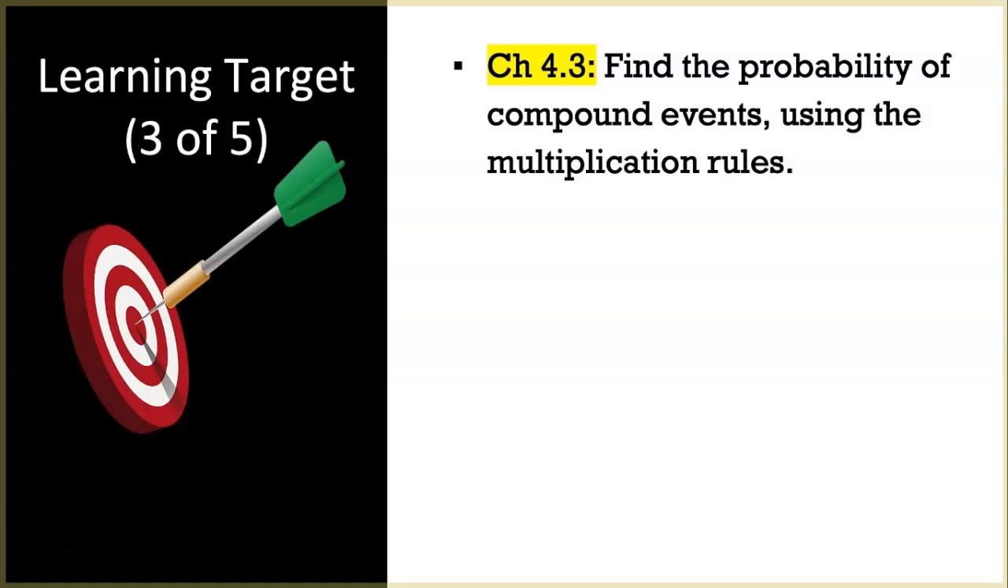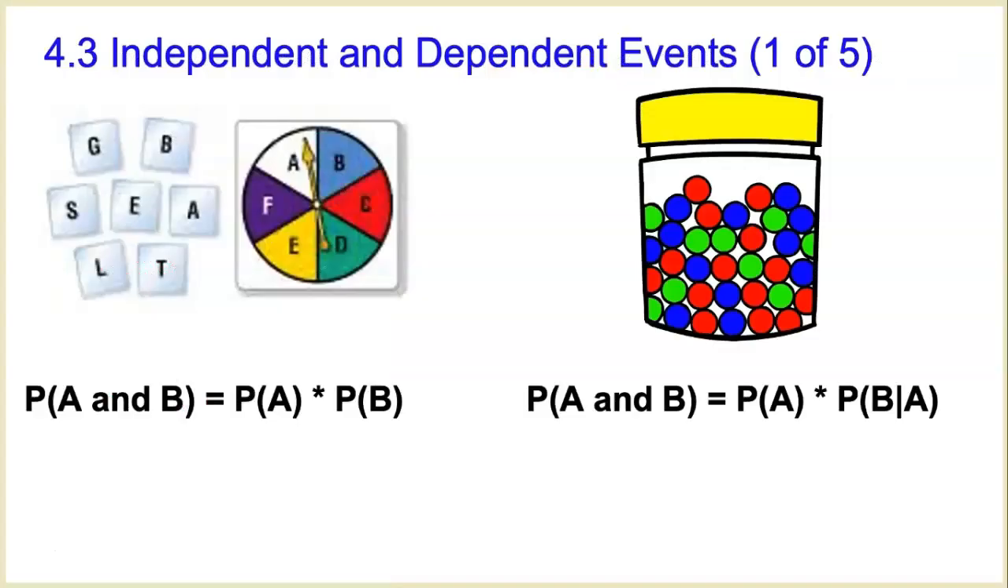In section 4.2, we looked at compound events using an addition rule. And so now we look at, in 4.3, compound events using the multiplication rule, which we hadn't done before in a previous section. So we first look at some terminology. We have two different kinds of events that we're going to look at in this section, which are independent events